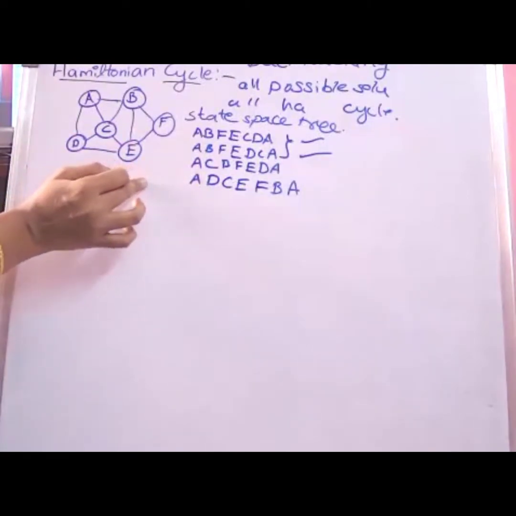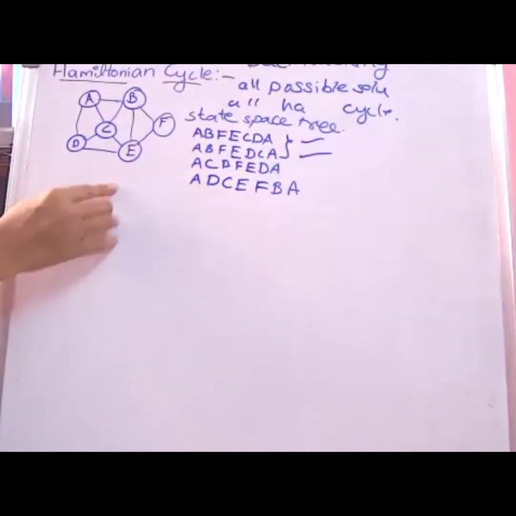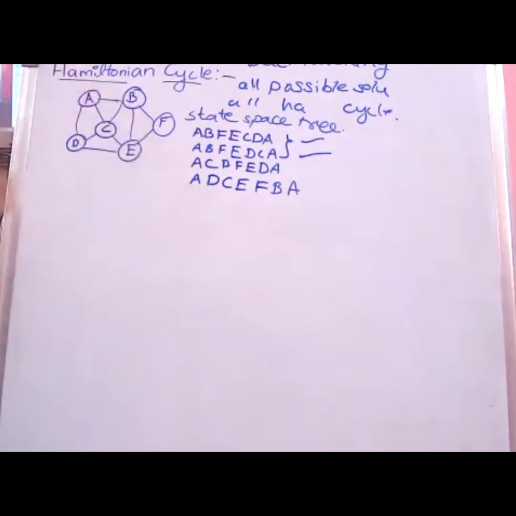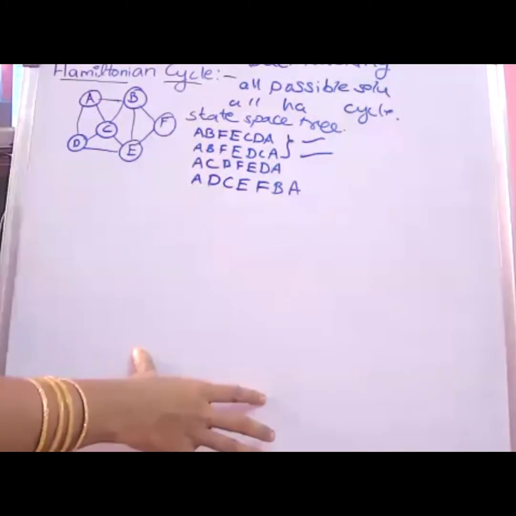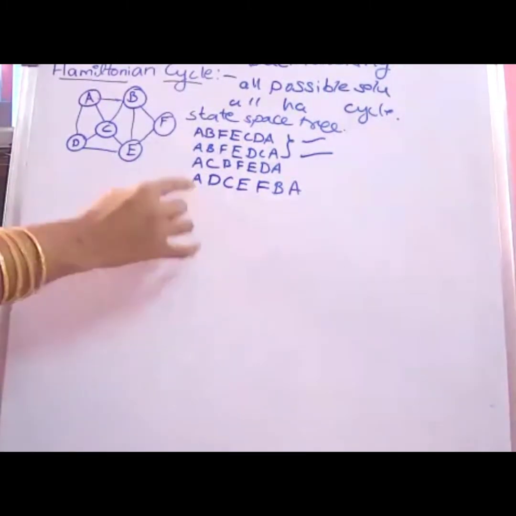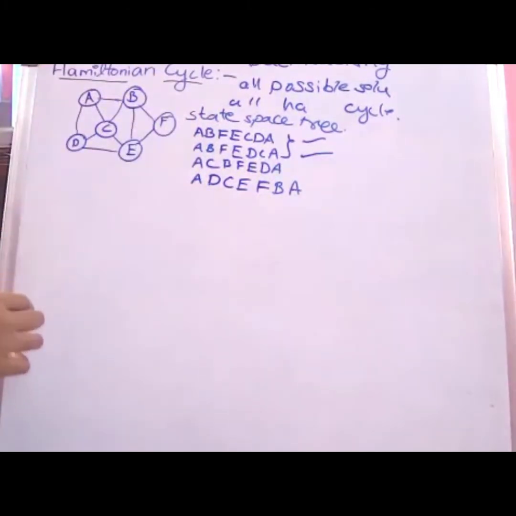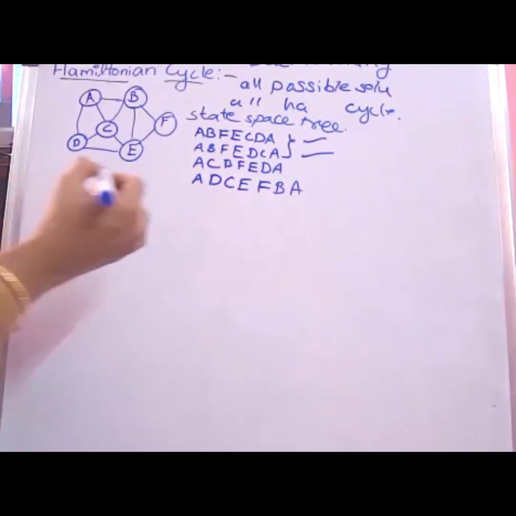But here, according to our problem and our technique, we need to apply the backtracking technique, and whatever possible solutions are there, we need to show them by using the state space tree. As I already told you, the state space tree is represented in the form of a tree, and we start with some root, whatever starting vertex you are considering, and we can consider that as the root. Everyone is trying to give very nice answers. Everyone try this; if you practice this, you will remember it, and you can easily solve this. These are easy things only.